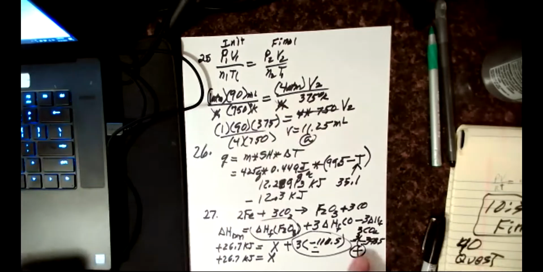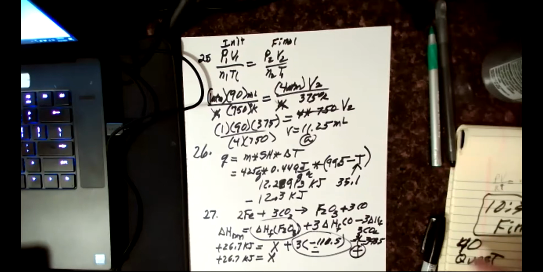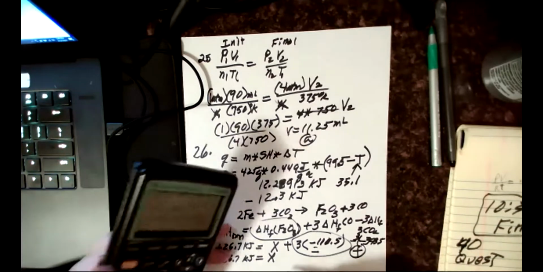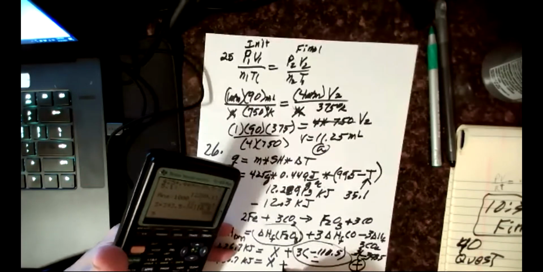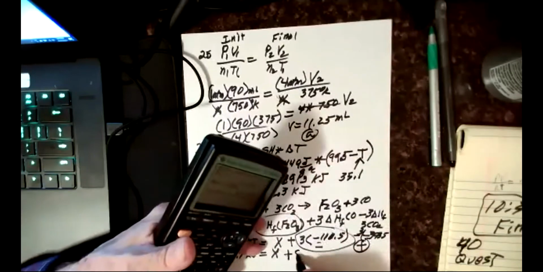So it's 3 times 393.5. That minus and that minus makes this a plus now. And then I want to subtract off minus 3 times 110.5. So what I've got on the right-hand side is plus 849